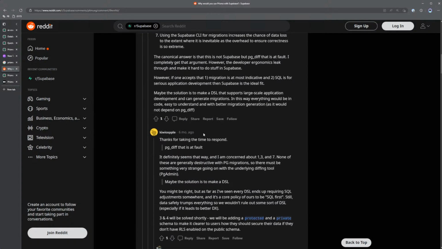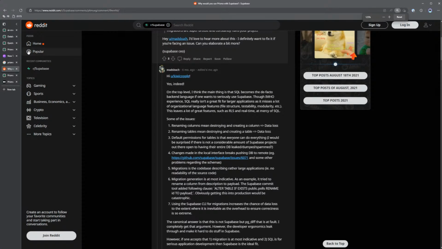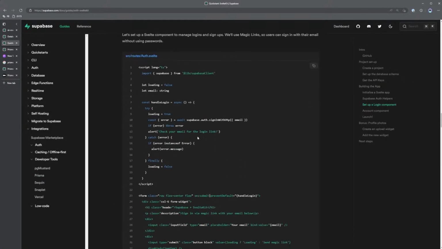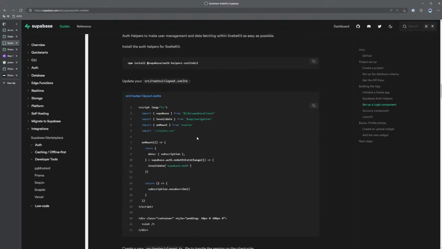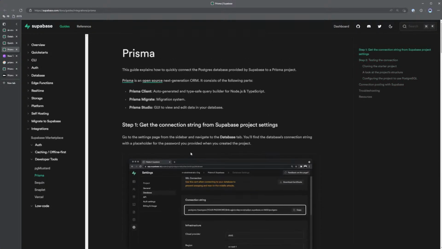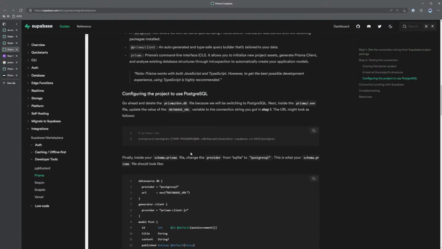Yep, so I think that's what we'll do. I still want to take advantage of the SDK, I think. I guess I'll initialize a project, a SvelteKit project, and I'll add Prisma to it. And then I will,